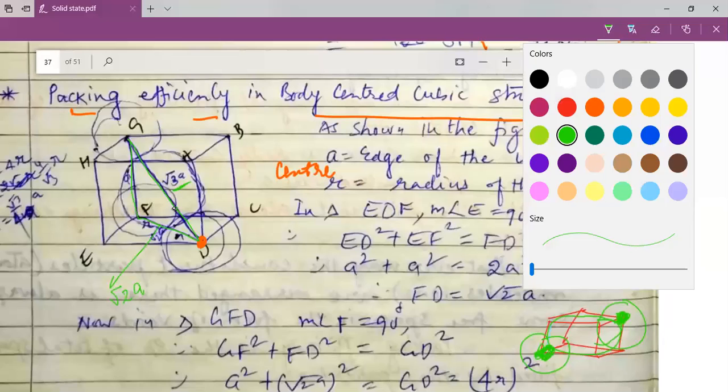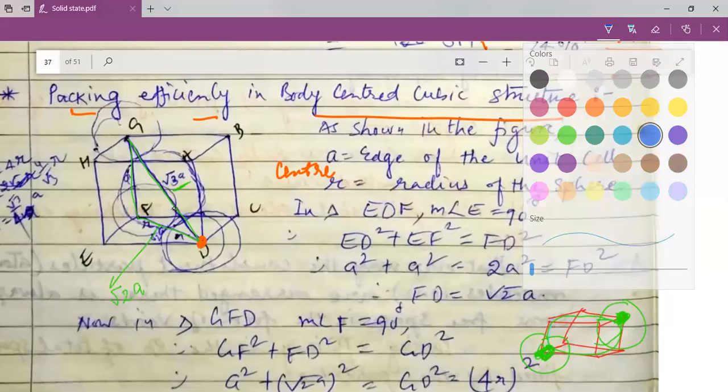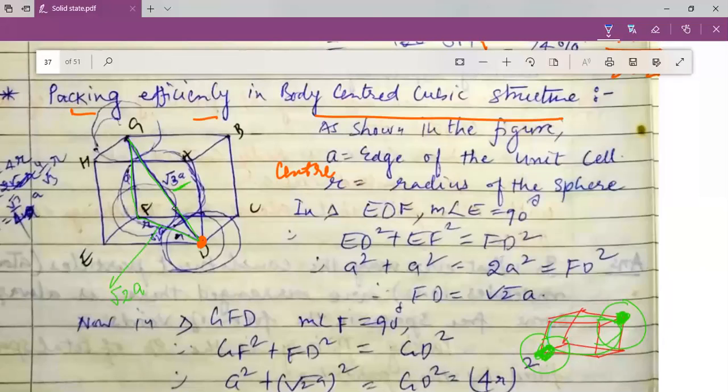But it is very necessary that you know how this value comes, how we put root 3A for this particular value. So as shown in the figure, my dear students,